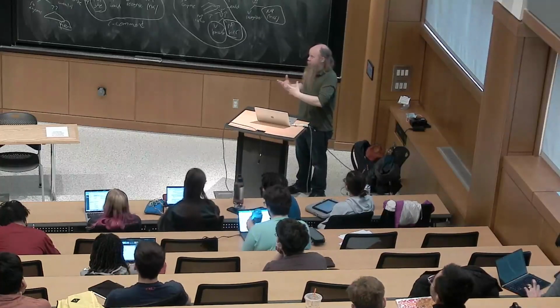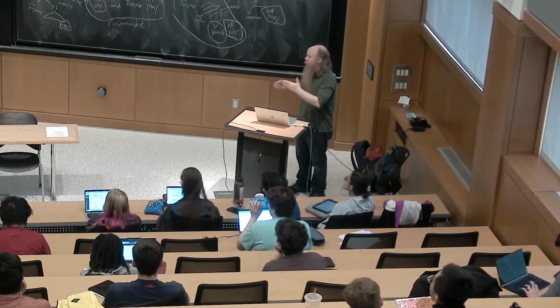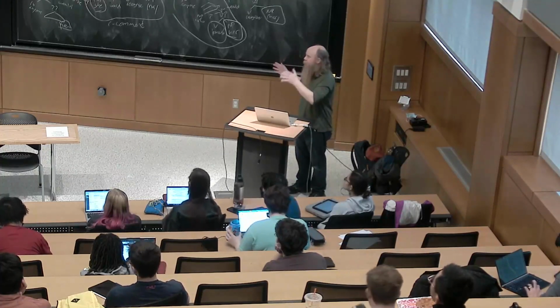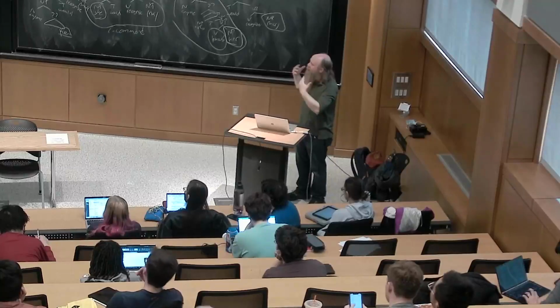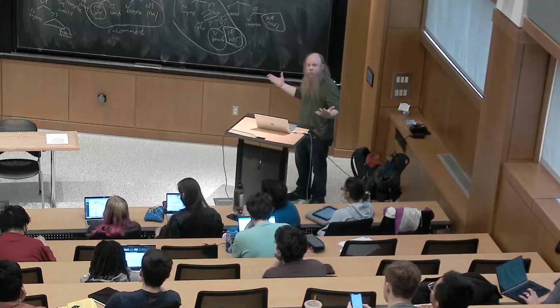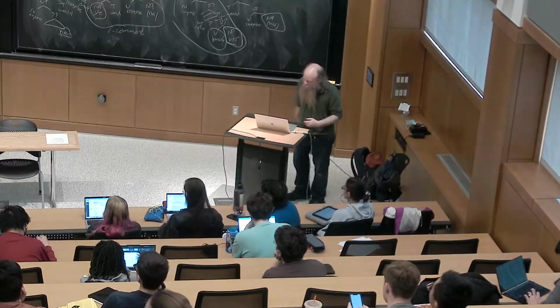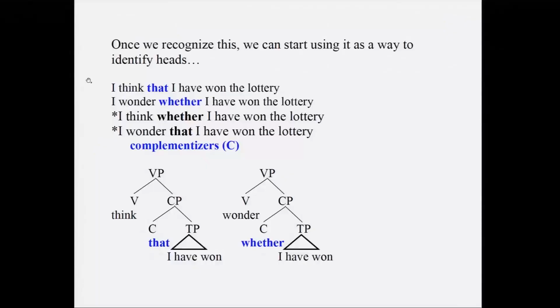So here we get to make the move that I sort of foreshadowed a second ago. We can say maybe this is like depend and on. Maybe think is selecting for that clause, and maybe that is like on. So on is the head of the prepositional phrase. The prepositional phrase is named after on. On is a preposition. Similarly, we're going to say this clause has as its head words like that and whether. We have a name for words like that and whether. We call them complementizers,